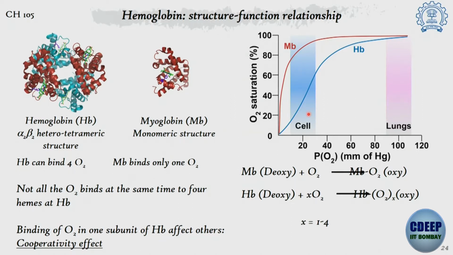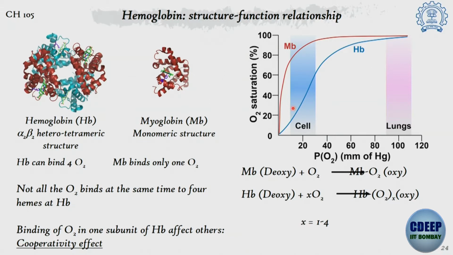connected to each other. Suppose they were all independent. Each of the heme proteins present in the hemoglobin could bind 1 oxygen molecule, very similar to myoglobin. Then we would expect to see a similar kind of curve as we see for myoglobin. But in hemoglobin, what we saw is a lag period where the oxygen does not bind pretty well. That means at low pressure oxygen does not bind to these iron centers very well, and